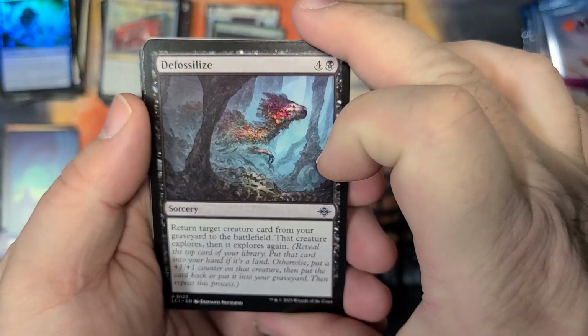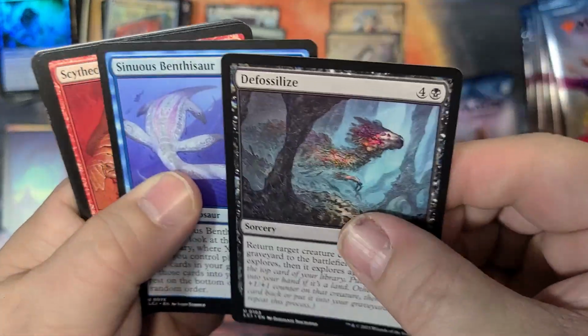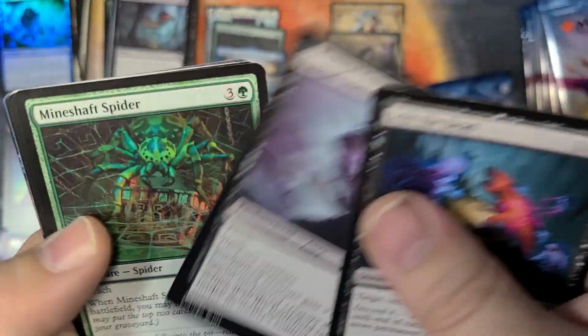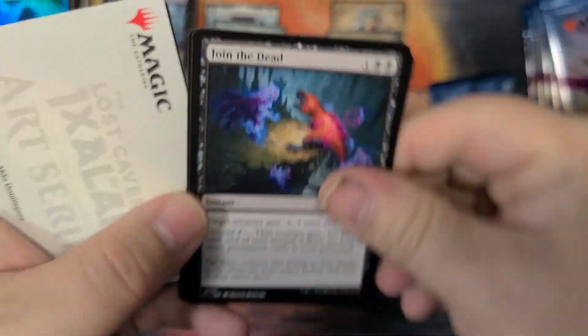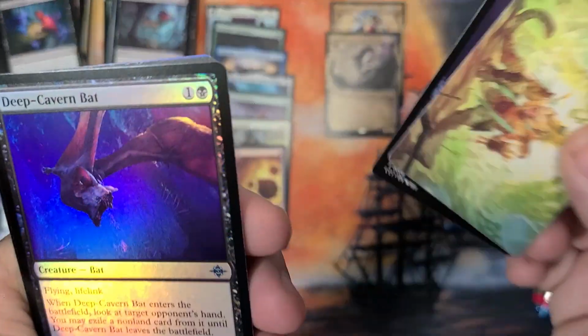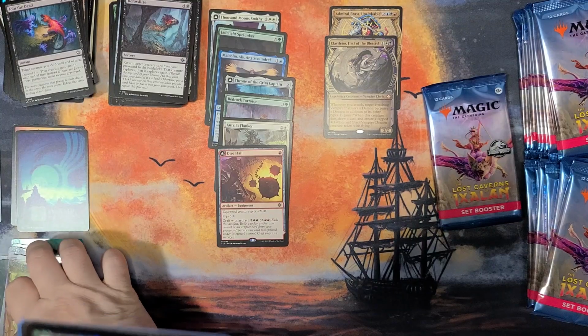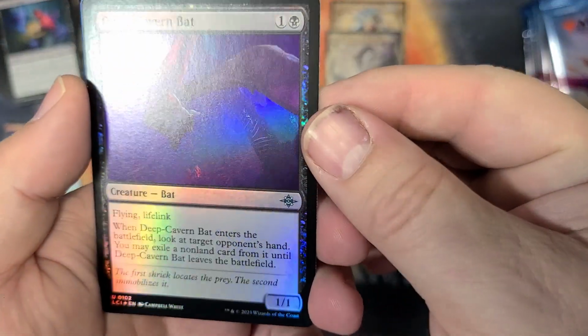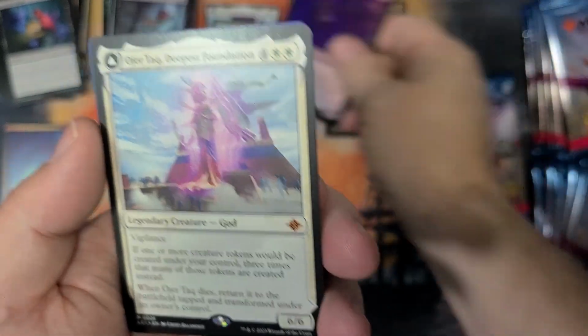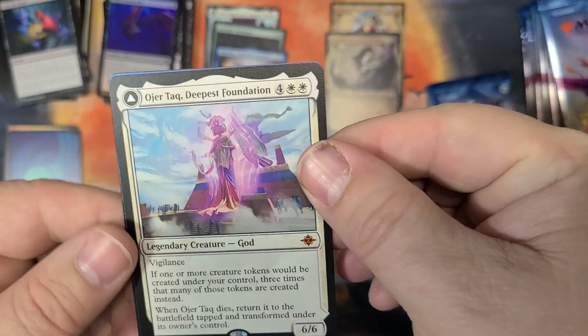So here we go. We have Defossilize, Bentasaur, Cycloth Raptor, and then we have Join the Dead, the Hidden Volcano. There we go. It's a cool Cat Warrior. And then we have the Deep Cavern Bat here for our foil, maybe uncommon. And then we have Ogre. Okay, for our next in the regular pack,